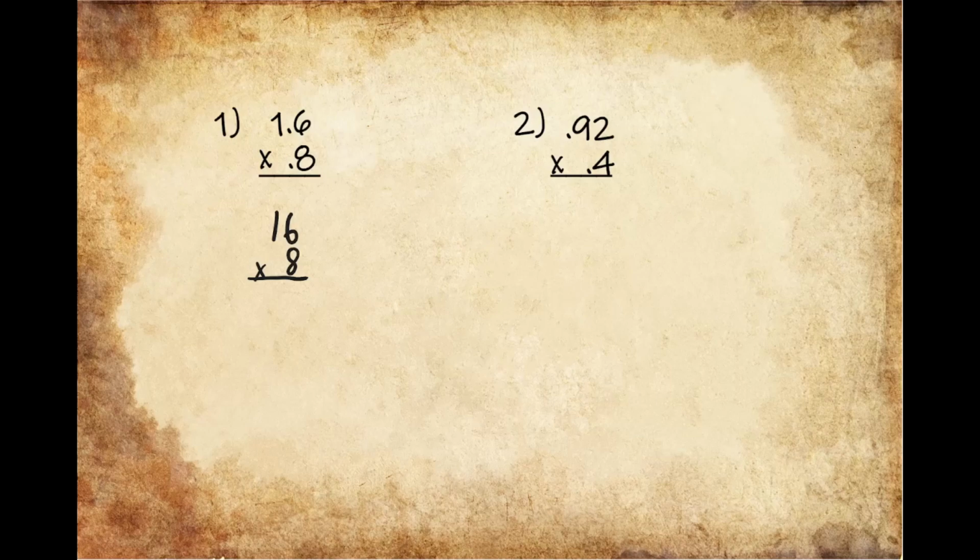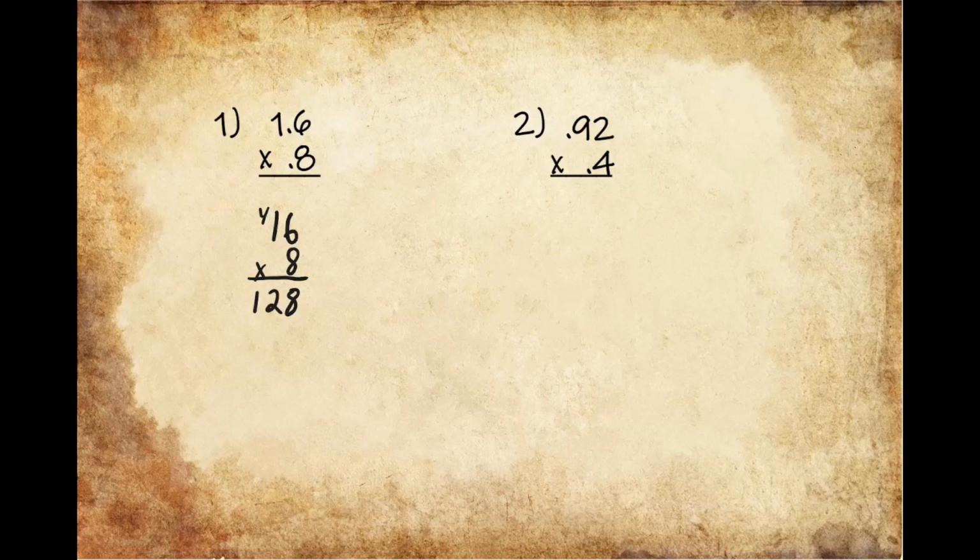So now that I've done this, I can go ahead and just multiply this. So 8 times 6 is going to give me 48. So I'll write the 8 down below and carry the remaining 4. And next is 8 times 1, which is 8, plus 4 gives us 12. So we'll go ahead and write the 12. So now that I have the answer to 8 multiplied by 16, I need to add the decimal back in